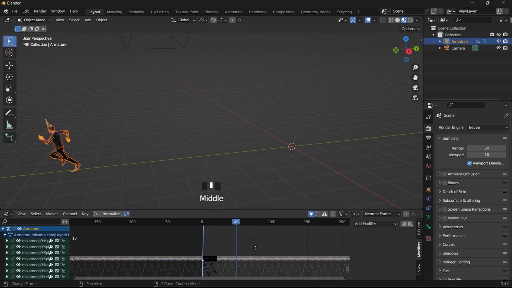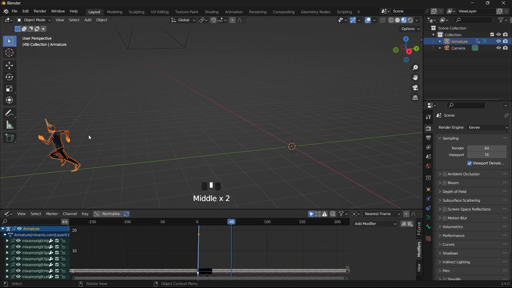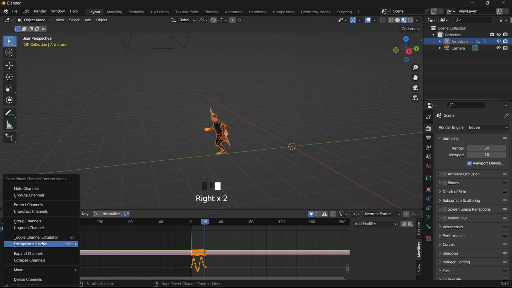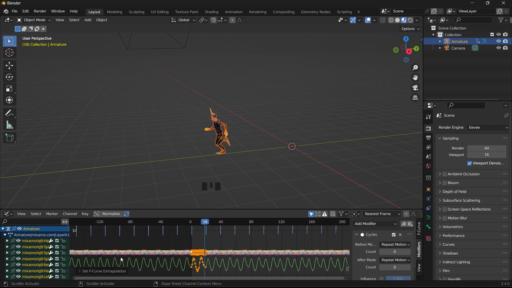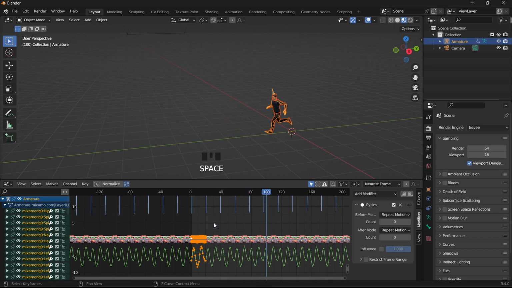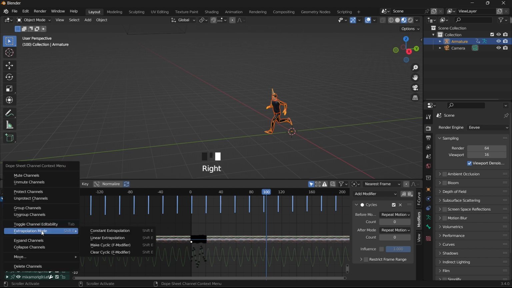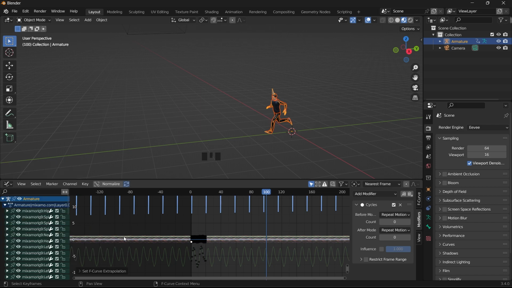There's another way you can go about this. Let me delete the character import again. So with the character imported again, if you select everything and right click, you right click over here, extrapolation, make cyclic, you see that it's not a continuous run cycle. Then you can select this part, the blue ones, you right click, your extrapolation mode, you make linear extrapolation, and